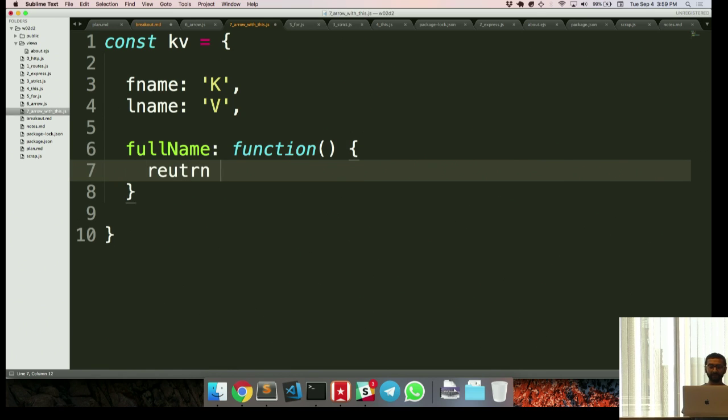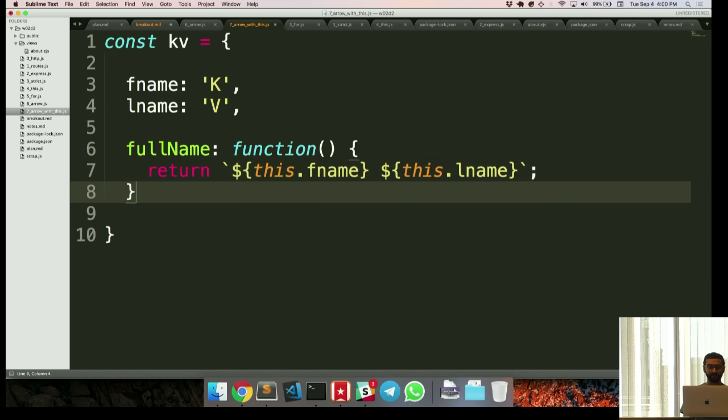Here, we can return, using a regular function expression, the object's full name using other properties using this. This is very similar to what we did with the music library, if you recall.